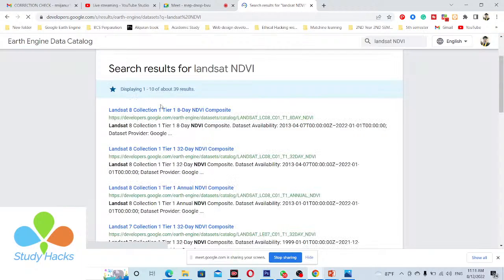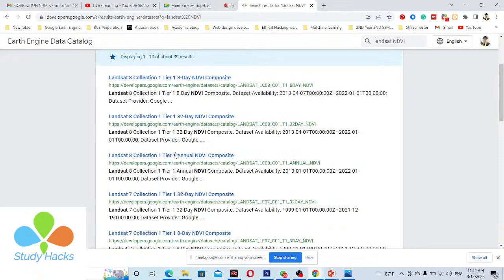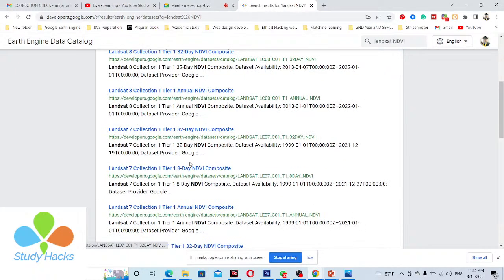You can see here I can get the Landsat 8 collection, 8-day NDVI composite. So when you want to use the 8-day NDVI composite image, then you can get the every 8-day time series chart. When you want to use the 32-day NDVI composite, then you can get the time series chart at every 32-day interval. When you want to use the annual NDVI, then you can get the every year time series chart of NDVI. Suppose you can see the years 2015, 16, 17, 18, 19, every year. Suppose for all of the image collections, when you want to filter or import, all of the process is the same.